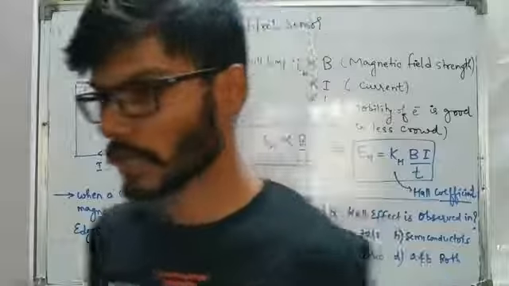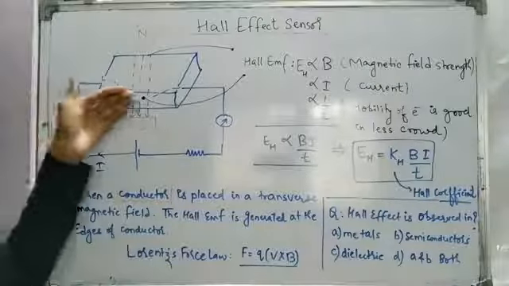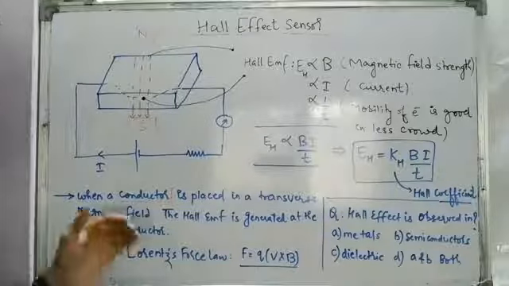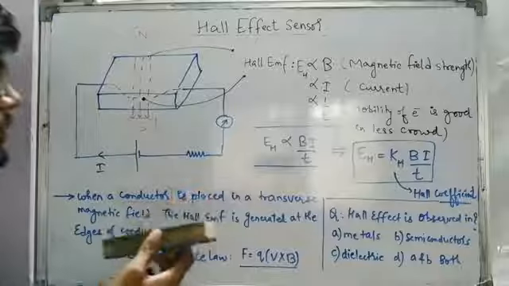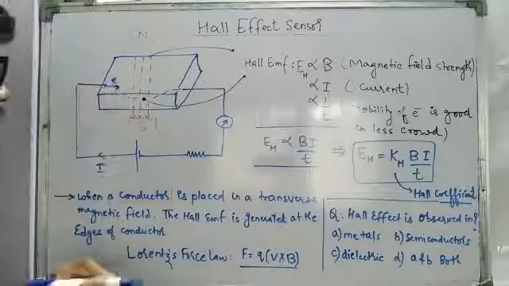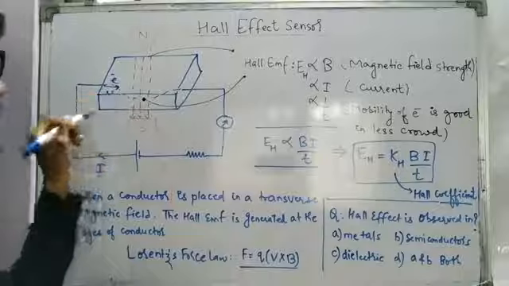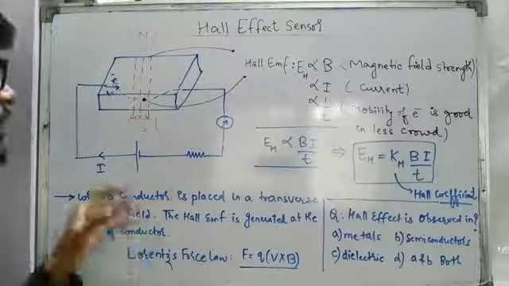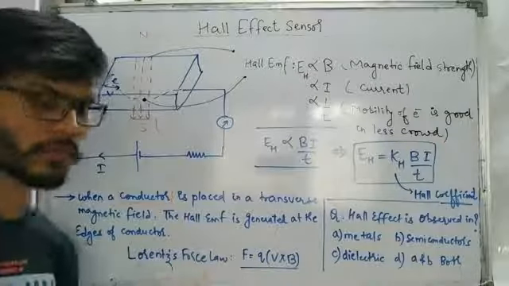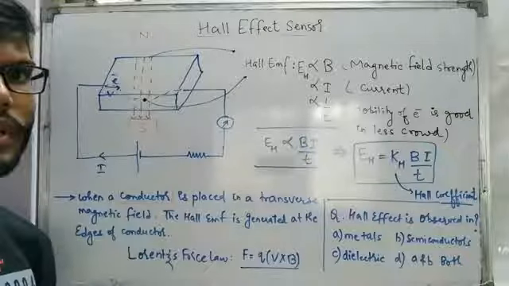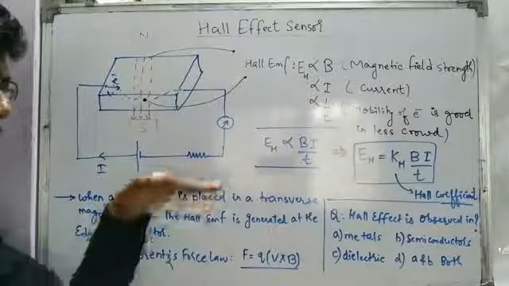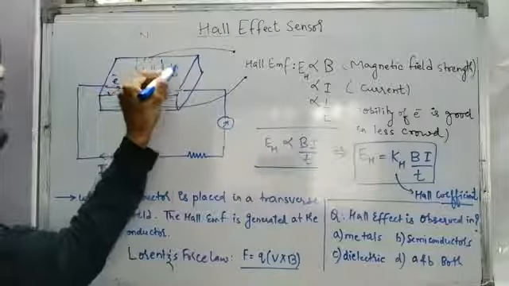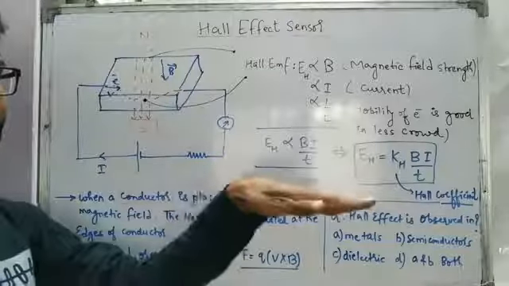So what is going to happen due to the current? We are going to have movable electrons in it, so they are going to pass through the conductor. What is going to happen when the electron is passing? It is going to have some velocity with it, so I am taking the velocity as v. And once it is coming into the magnetic field, we are going to feel a force, the Lorentz force, which is given as force F = q (v × B). So I am taking the direction of velocity as this one, and the magnetic field strength B is in the downward direction. So force is equal to q into v cross B.